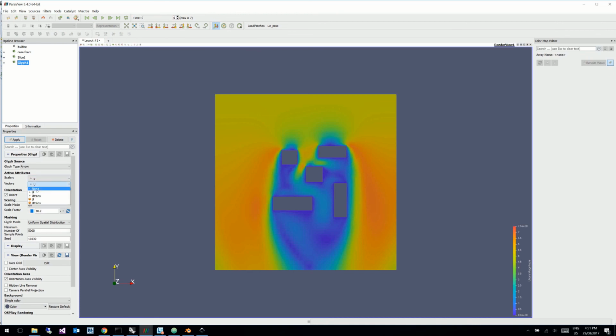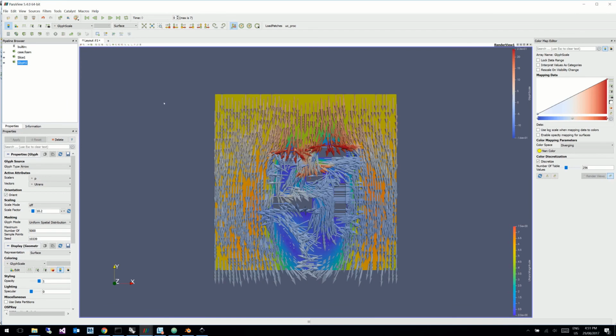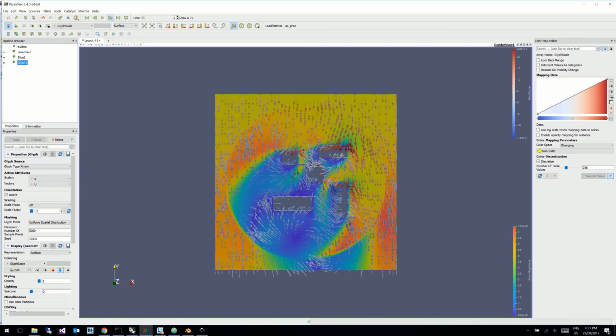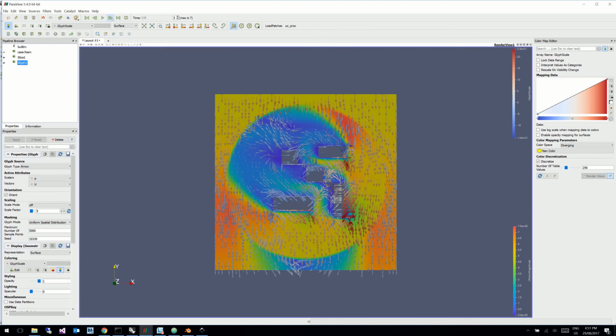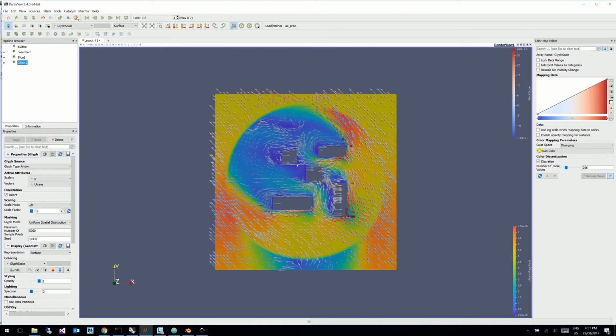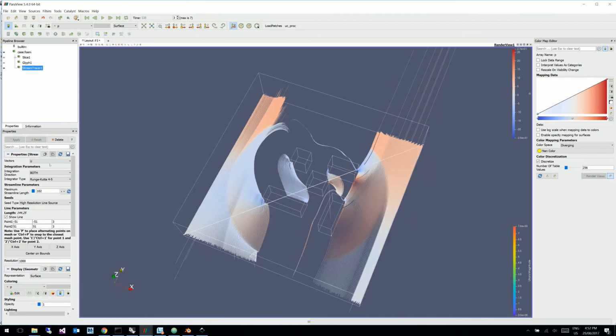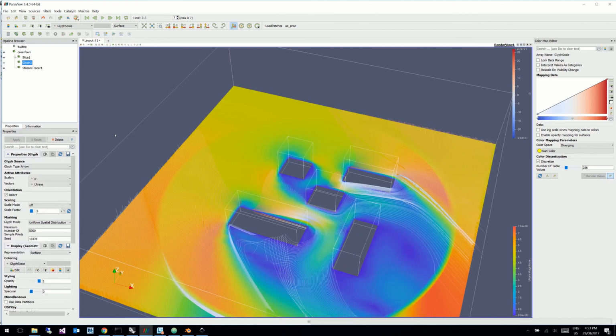If you're going to add glyphs, make sure that you're always looking at the Utrans. You must always look at the transformed velocity vectors. If you don't use Utrans and you use the original U, you'll see that the vectors will be incorrect for later wind angles, but Utrans corrects those vectors. You can also obviously add streamlines, and so long as the vectors are based on Utrans, they'll be correct for all. So that's it. That's how you use Swift and the virtual wind tunnel to solve for multiple wind angles